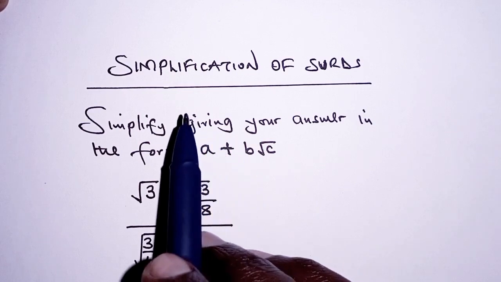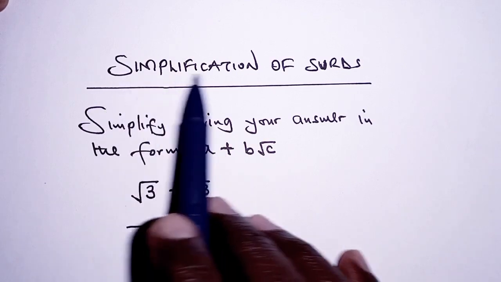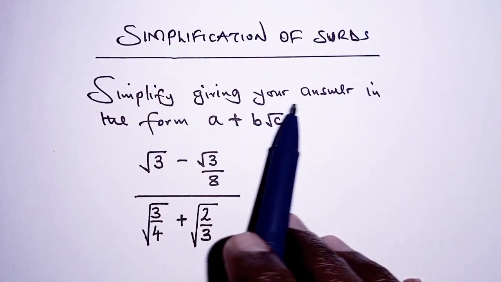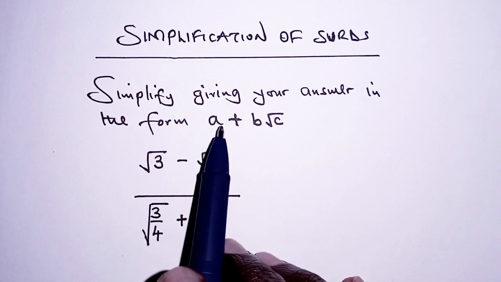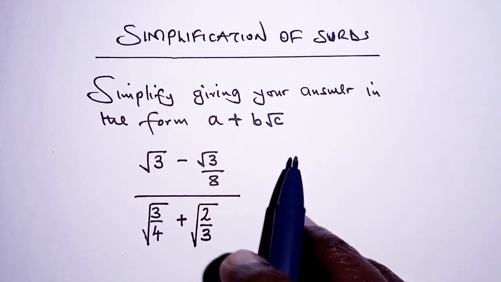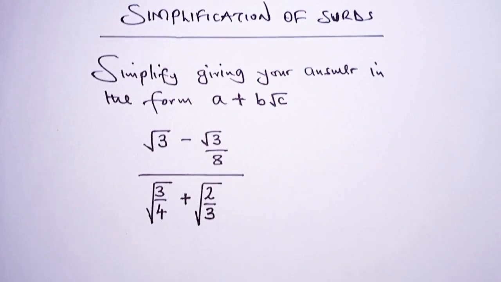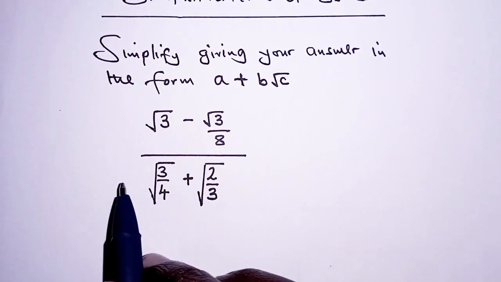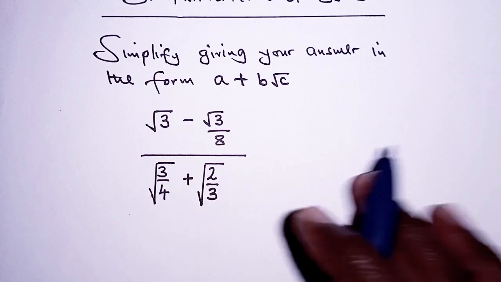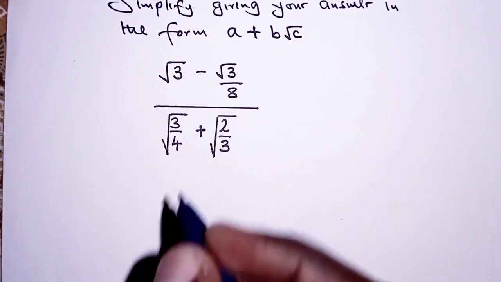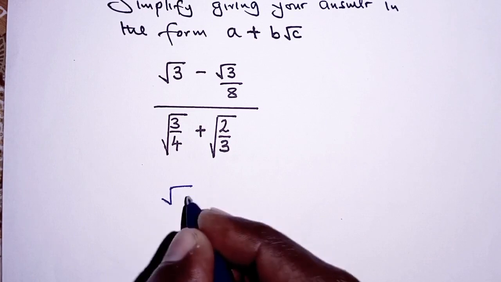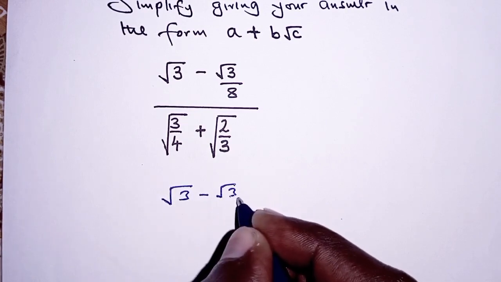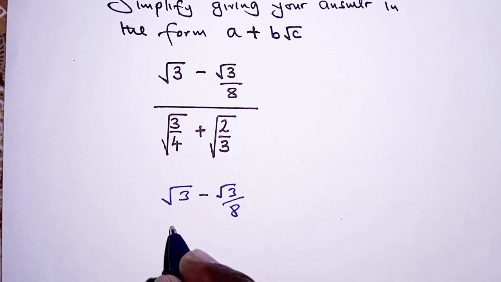In today's video, we are going to discuss a question on simplification of surds. So the question reads, simplify, giving your answer in the form a plus b root c. So the first thing before we simplify, we will have to reduce this expression to a form that will be easier to work with. So the numerator might still be root 3 minus root 3 over 8, and then the